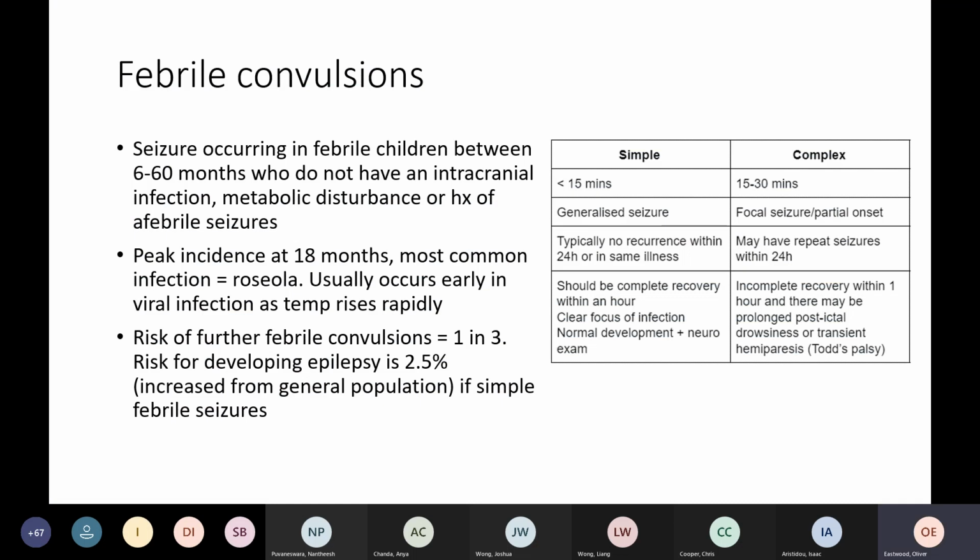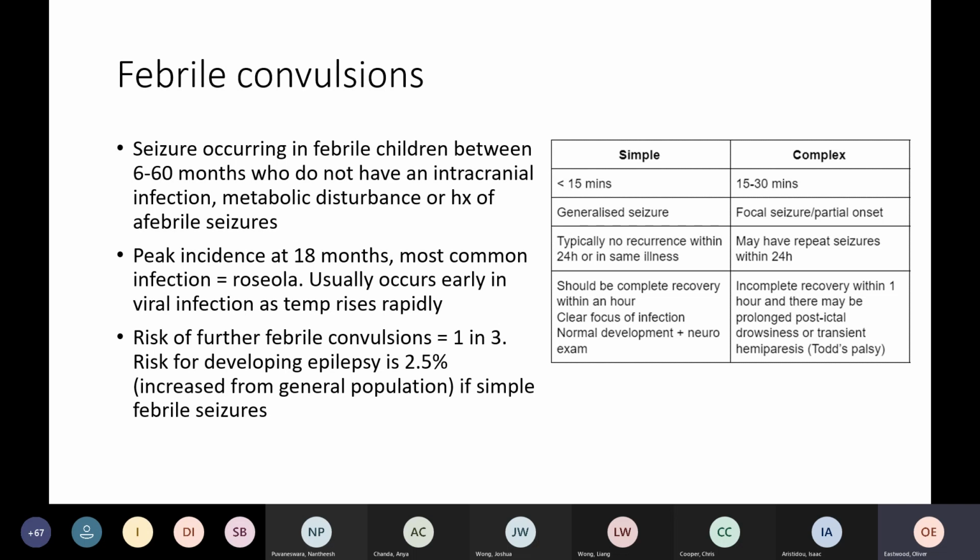So on to febrile convulsions. Again, they're very common and very frightening for parents. This makes it a very easy thing to do an OSCE about. They most likely occur early in viral infections when the temp is rising very quickly. This is why you get roseola being the most common cause of them, because you get a rapid onset, high